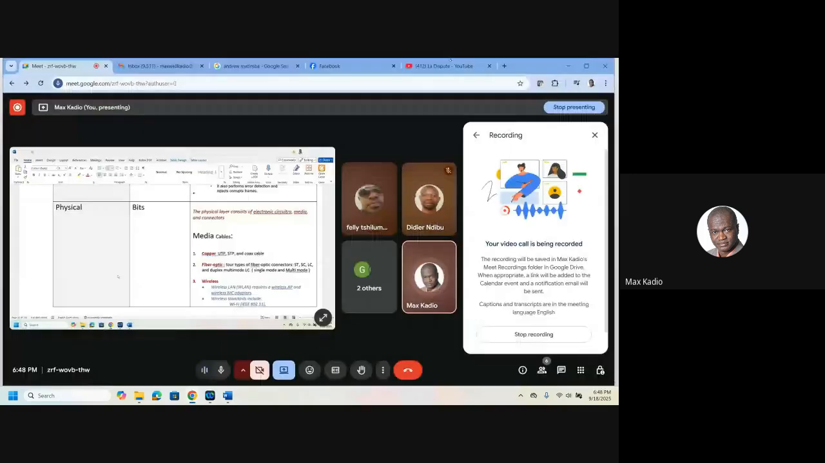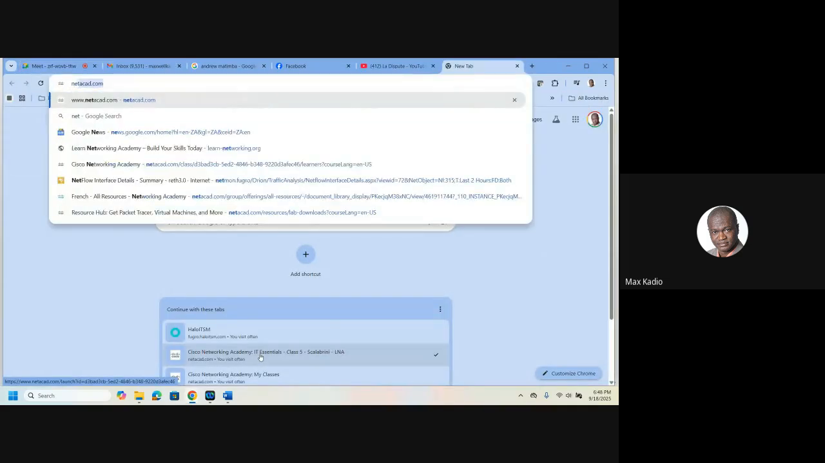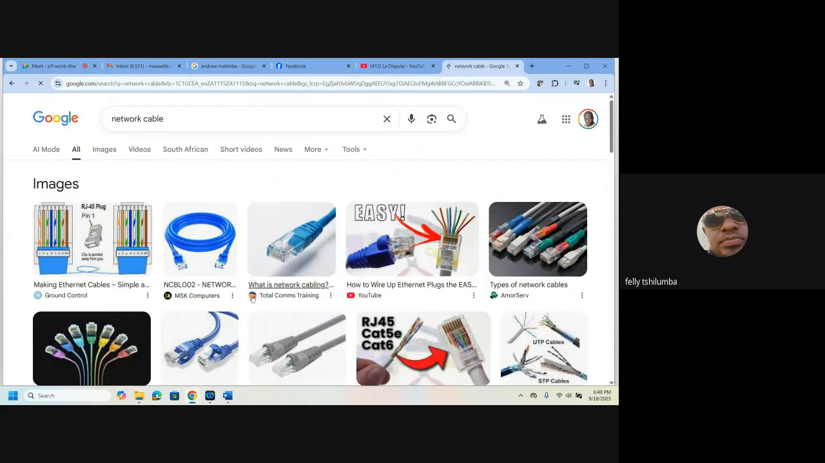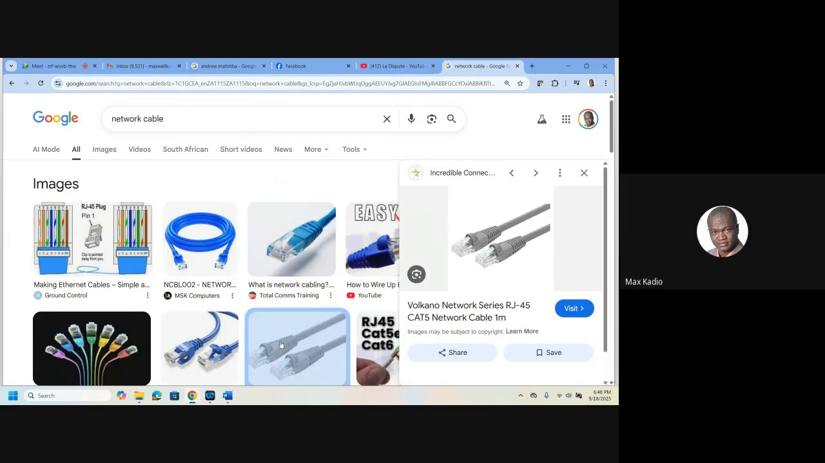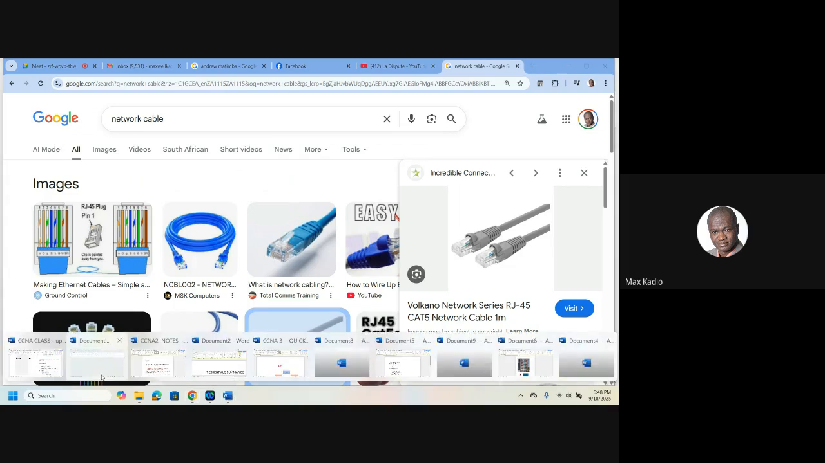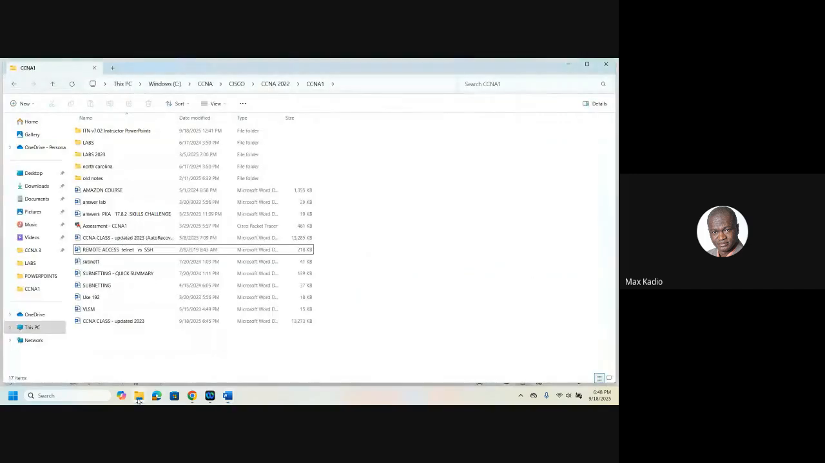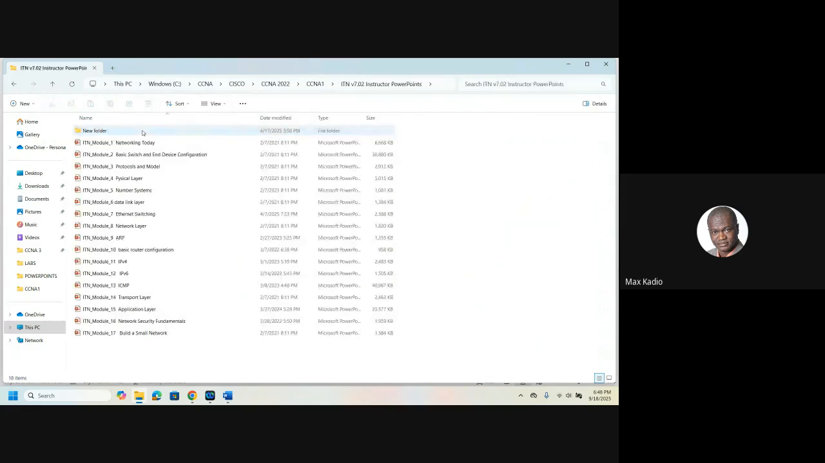How many types of network cable do we have? You see? So the network cable, how many types do we have? So here the main thing to understand is, yeah, that's all. So now if I open chapter 4, physical layer,